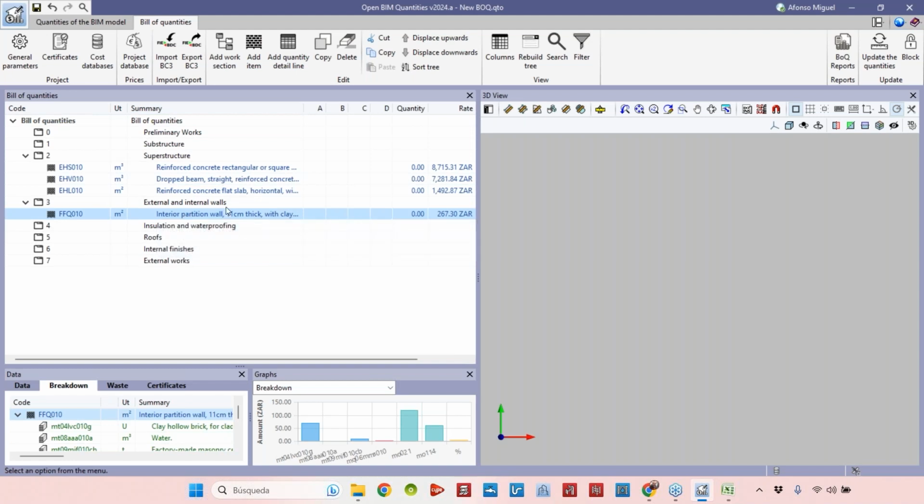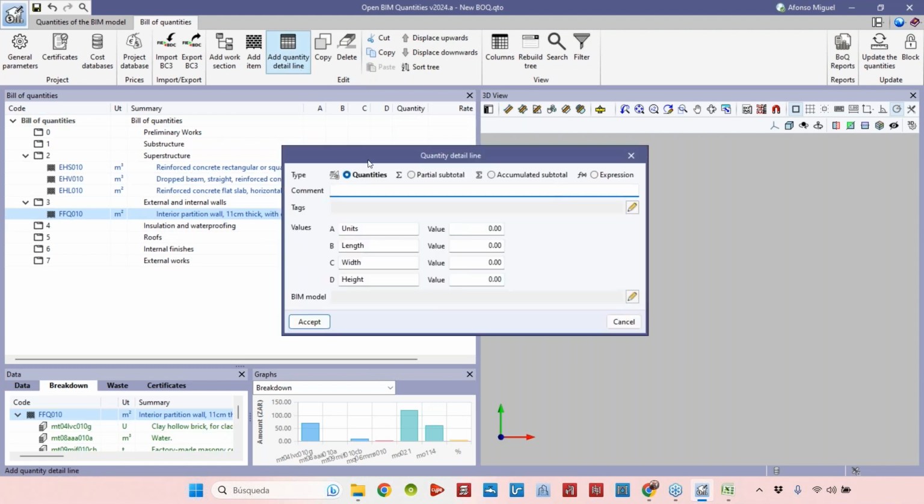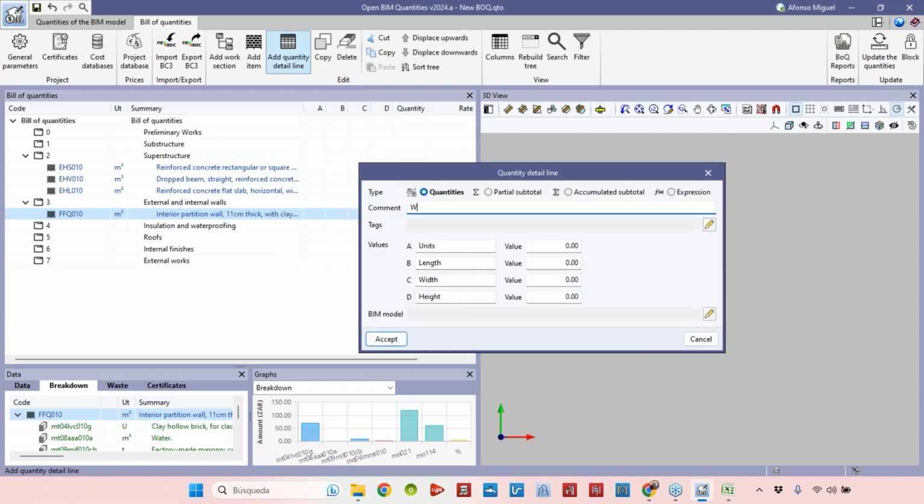Let's imagine that in one project we have a lot of walls. Okay, and for each wall we have different measurements. So we can add quantity detail lines to establish these quantities. For example, I'll add one here. So for example, let's imagine that I have the wall number 1. Okay, the wall number 1, I will add the area of this